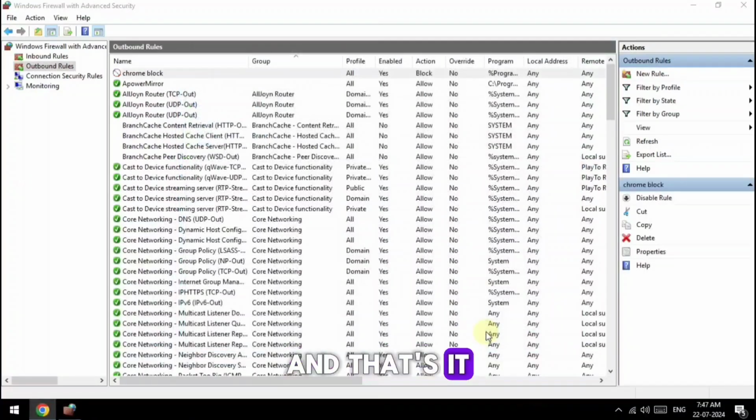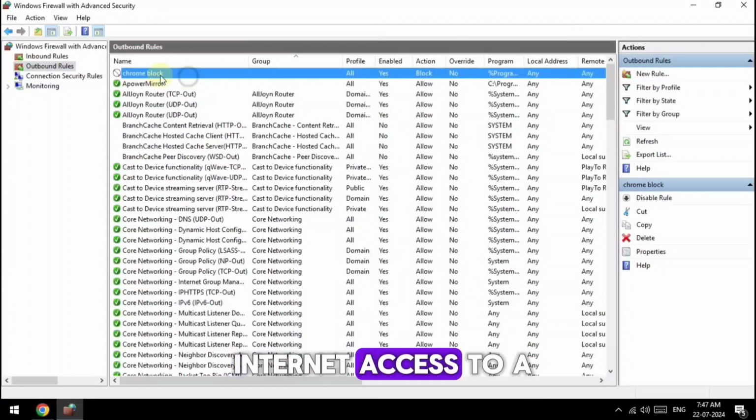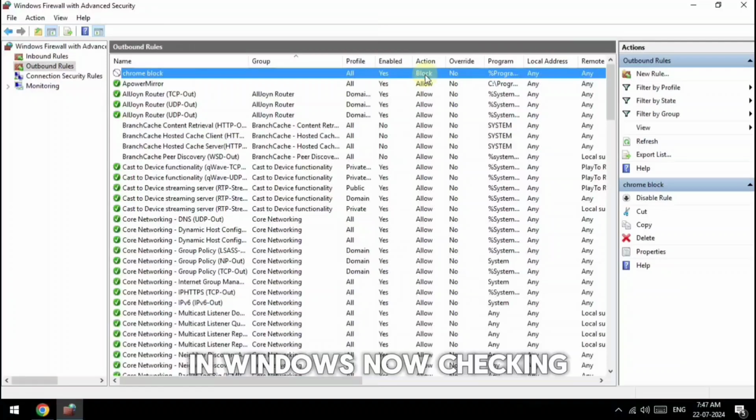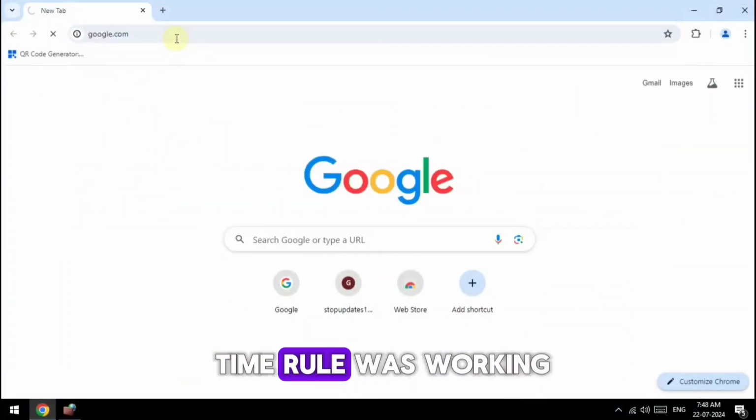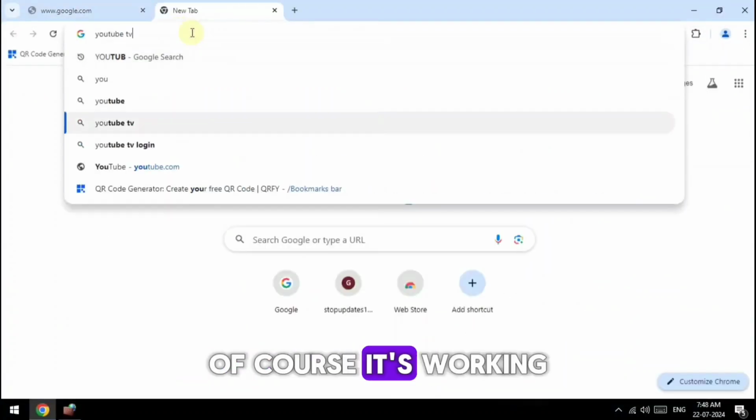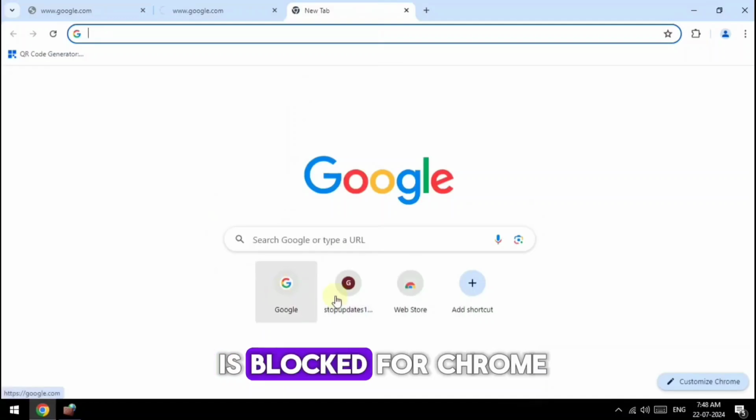And that's it. You have successfully blocked internet access to a specific app in Windows. Now let's check whether the rule is working or not. Of course it's working. You can see internet is blocked